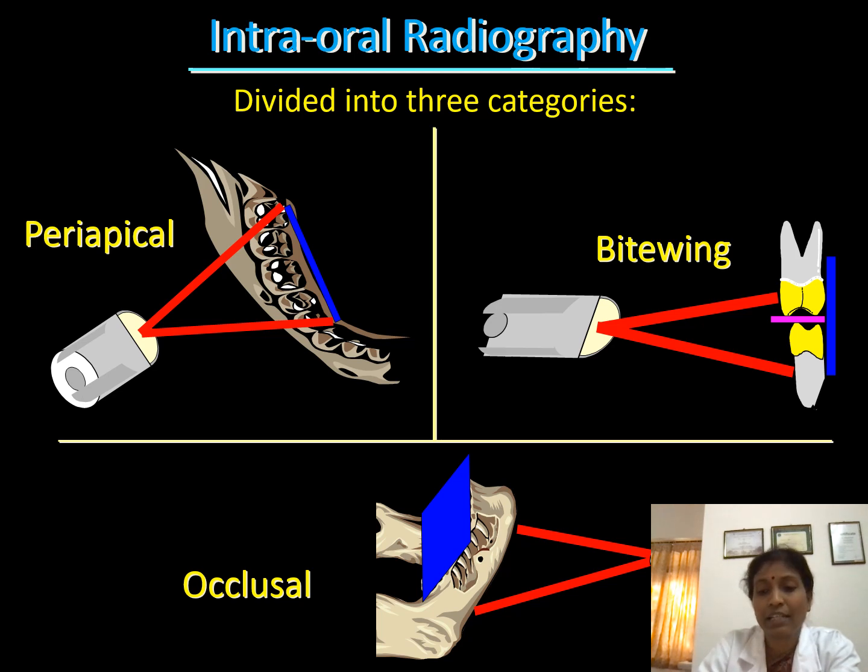So the criteria for the best radiographic quality are: the radiograph which is to be exposed should cover the area of interest on the image, and the radiograph should be of minimum distortion with no foreshortening and magnification, and should be of maximum optimal density and contrast for proper management of a patient.